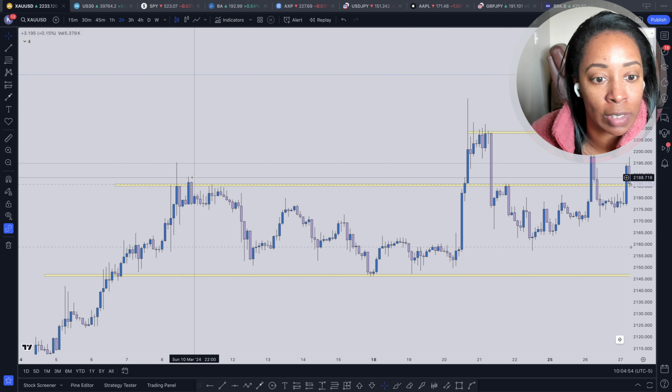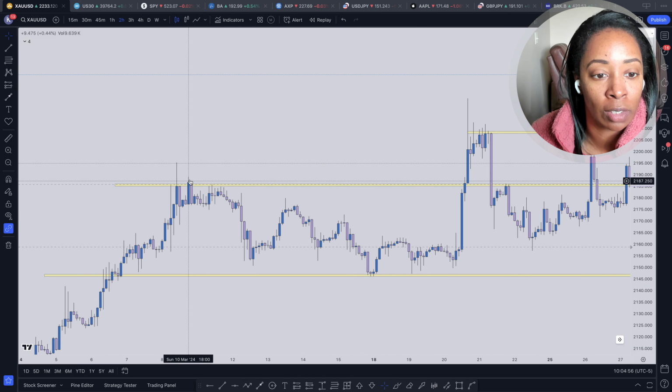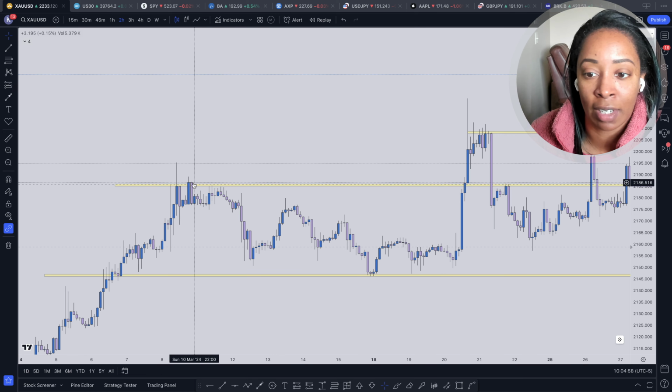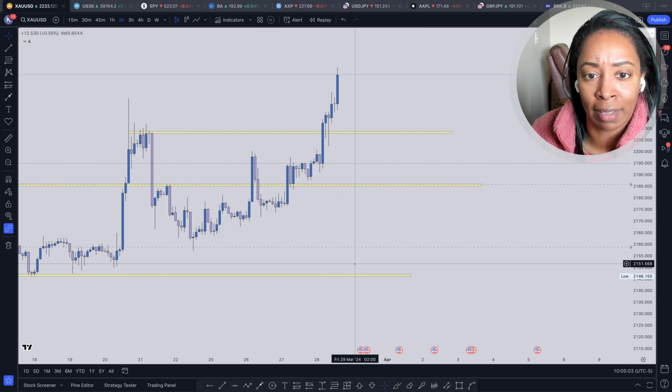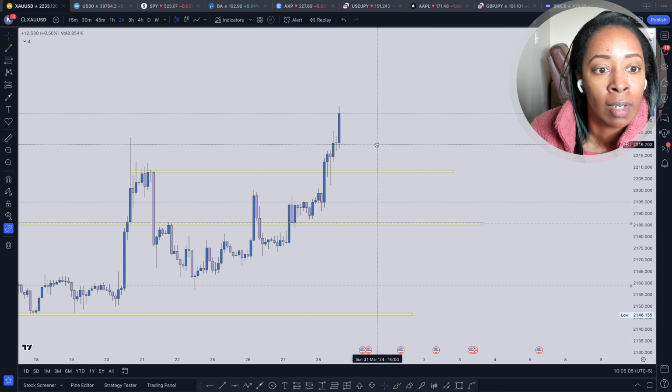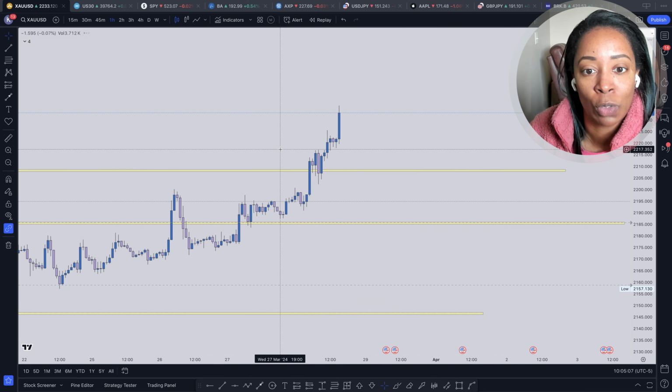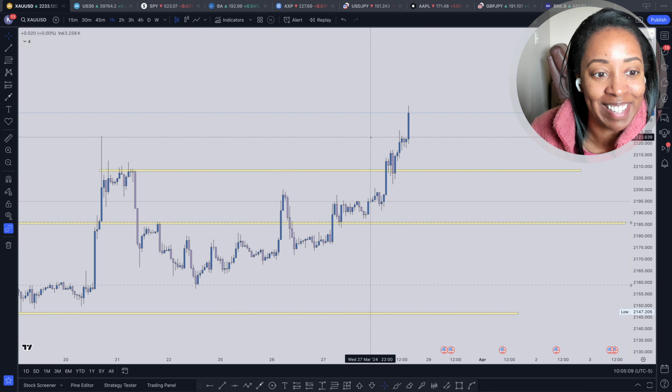And let's go over to here. This is still looking good to me, although we do have this area that kind of looks like a fake out right there, but it's totally fine. The bottom is still looking good to me. All right. So now let's go down to the H1 time frame, even more data.